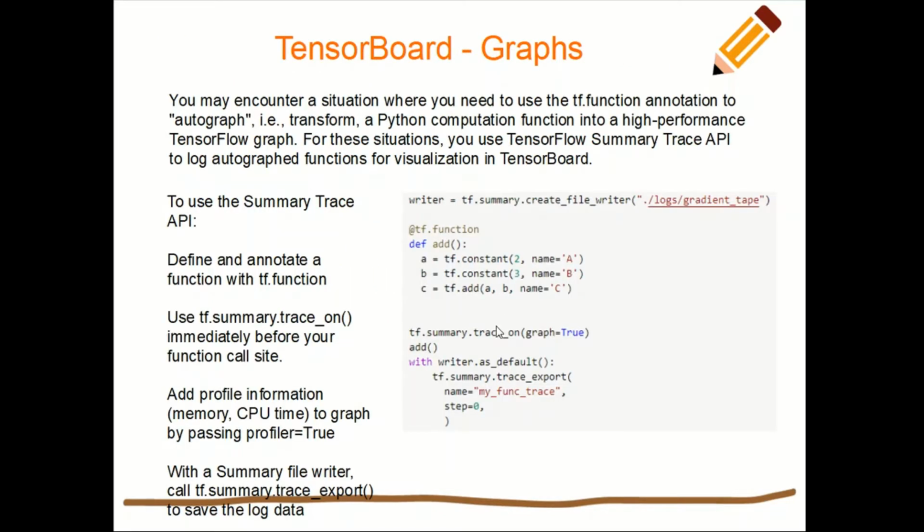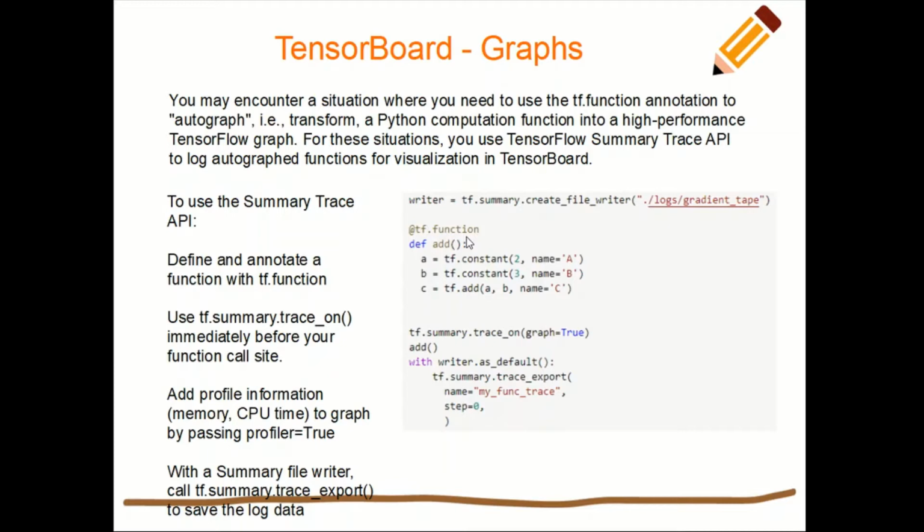Going forward, we have talked a lot about the computation graph earlier, right? And if you want to visualize the computation graph in TensorBoard, what we have to do in TensorFlow 2 is annotate a graph with the @tf.function decorator. Now what is the reason?